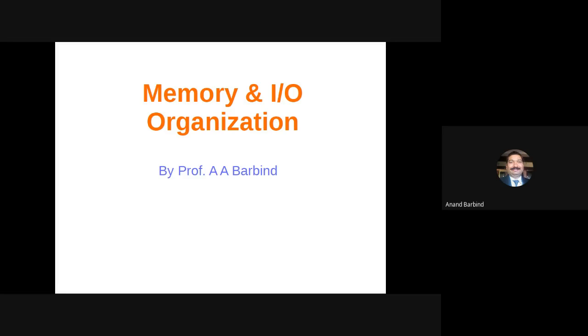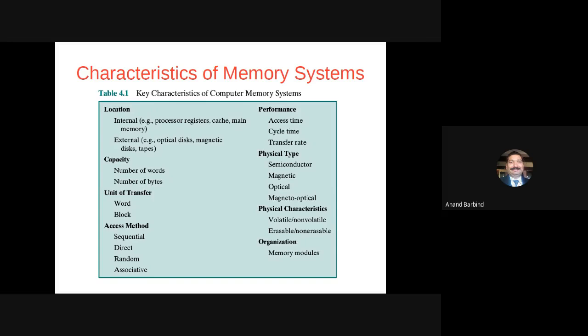So let us first begin with the characteristics of the memory system. First, we shall focus on the memory and later on the I/O organization. So you are aware that your computer contains memory, and this particular memory comes in various forms. The main purpose of the memory is storage. So what you need to store in the computer,